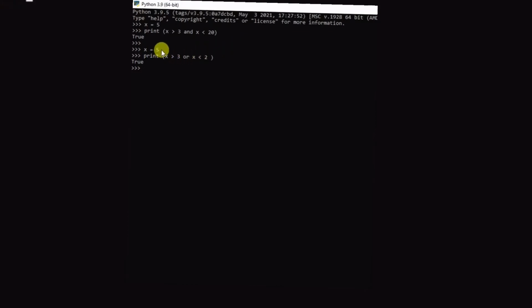In OR, one of the statements must be true. 5 is greater than 3 is true, but x is greater than 2 is false. So the answer is true according to this statement. The next one is the NOT logical operator.